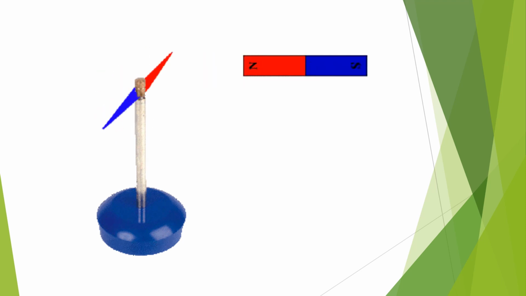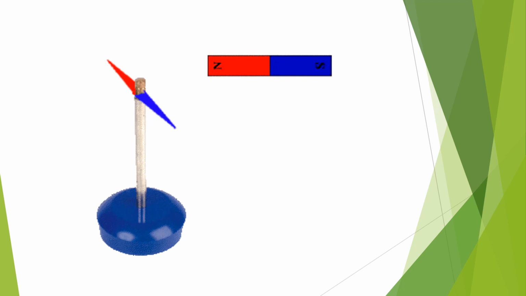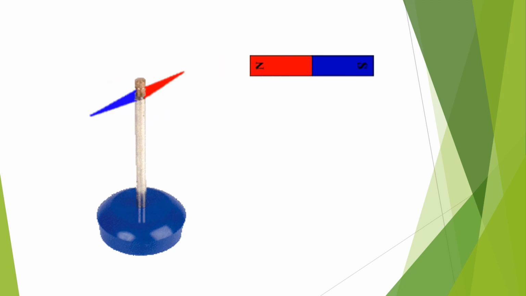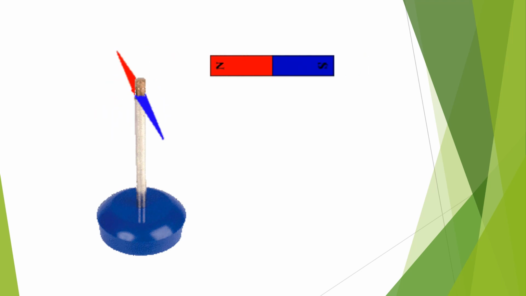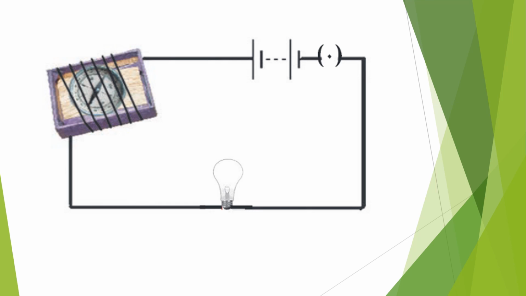Once you finish with this part, we will keep away the bar magnet. When you keep away the bar magnet, the magnetic needle will stop deflecting or it will not show any deflection. So now in the second part, after you have removed the bar magnet, the magnetic needle is still, it is not moving. Okay, now what do you do in the second part? We are going to switch on the plug, or we will connect the plug or close the plug.